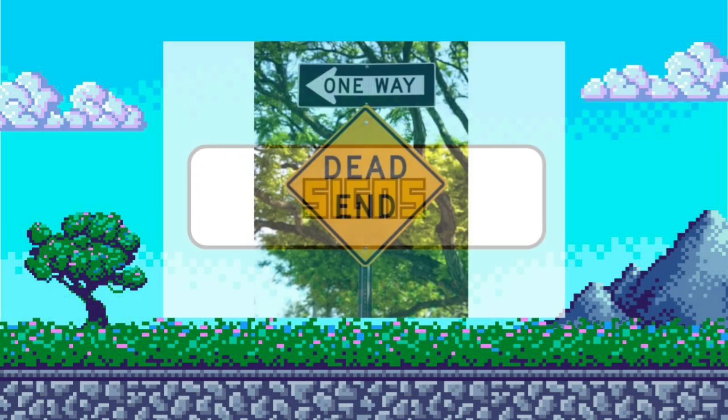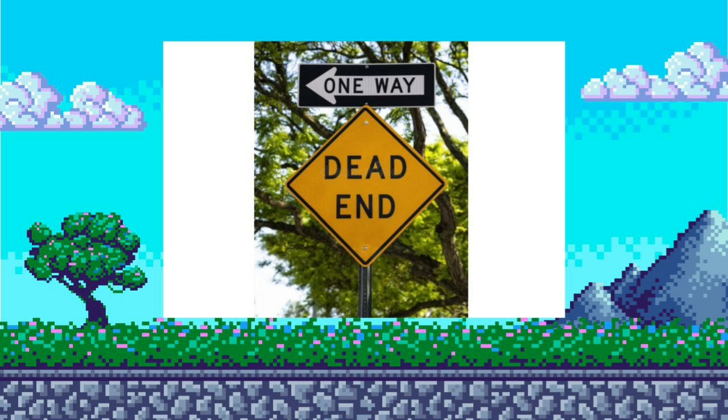Next is sign example. What is the message or image? The message is that the road ahead is a one-way street that terminates at a dead end shortly after. Drivers should only proceed in the direction indicated by the arrow on the one-way sign, and they should anticipate the road ending. What is the purpose of the message or image? The purpose is to provide drivers with crucial information to ensure their safety and avoid potential accidents or confusion. The signs warn drivers of a one-way restriction and an upcoming road termination, preventing them from entering a restricted area or driving into a dead end unexpectedly.